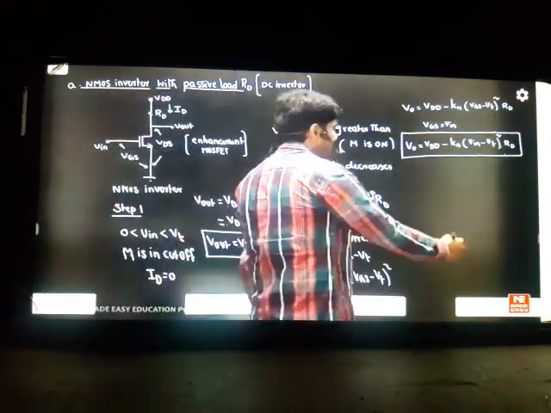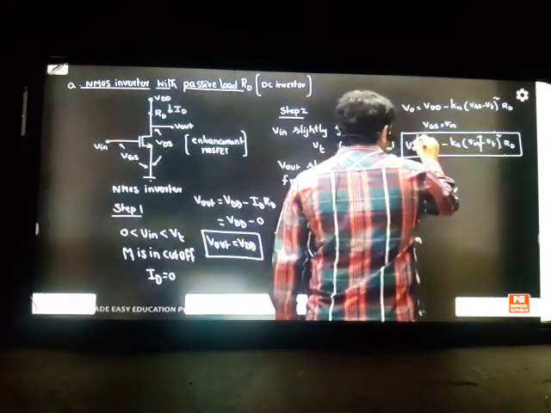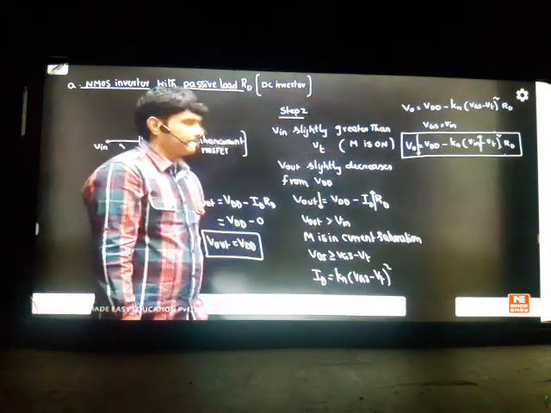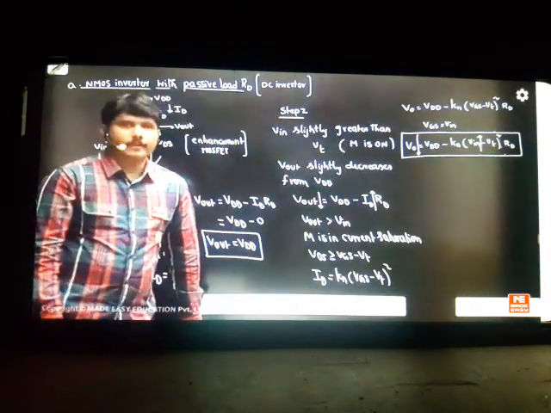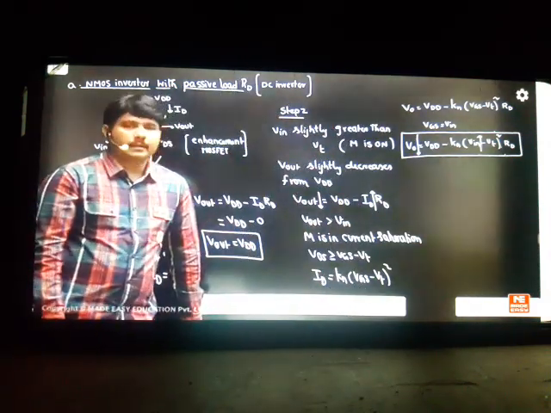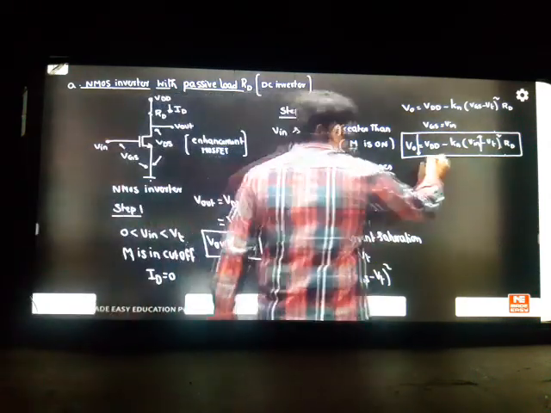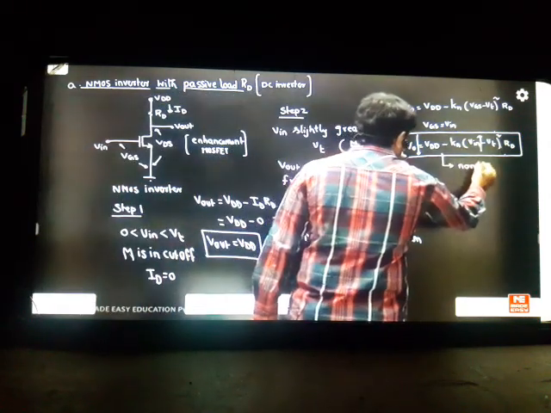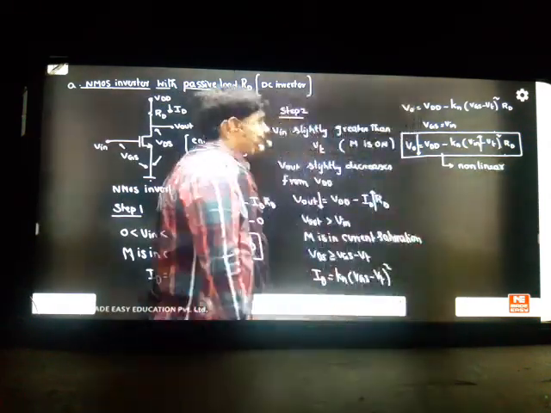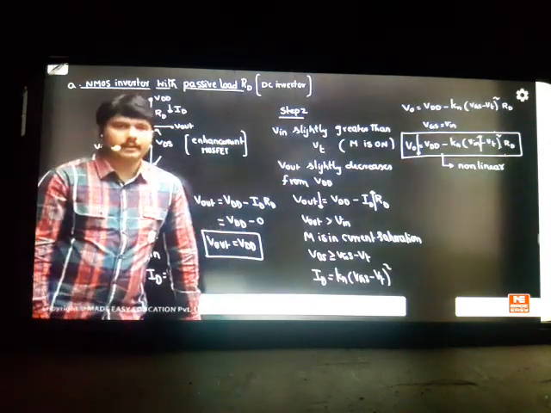You can see now your input is increasing and your output is decreasing. This is the way your output behaves with respect to input. Can I say that it is non-linear or linear? This behavior is non-linear falling. The graph is falling from output to input because a parabola is not linear. It's non-linear. These things we'll see in the graph afterwards.